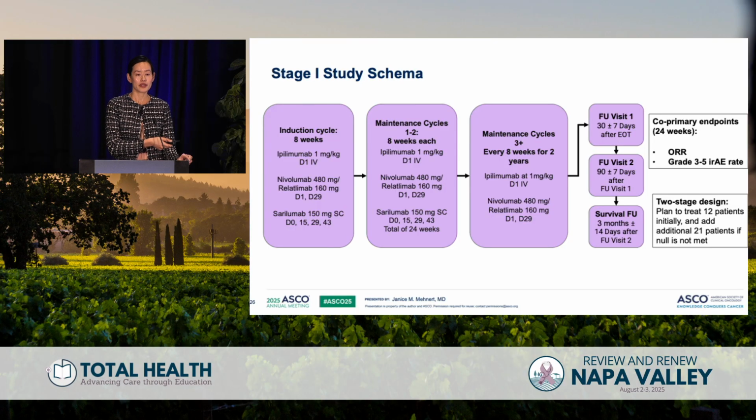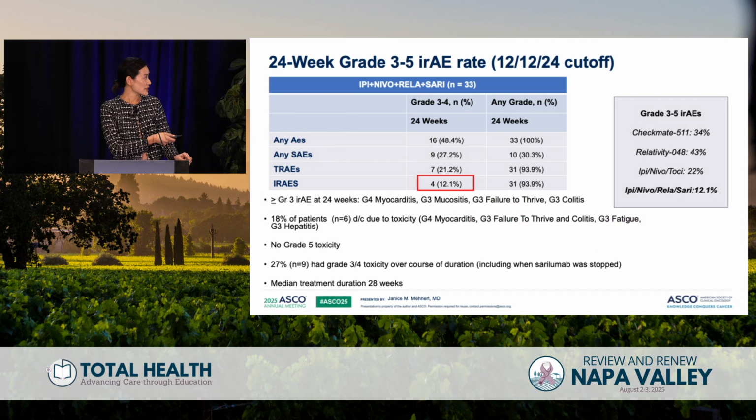This is triple immune checkpoint inhibition with IPI, Nivo, plus relatlimab, so anti-CTLA-4, anti-PD-1, anti-LAG-3, expecting a whole host of toxicities. And sarilumab, which is a newer IL-6 agent, was given every 2 weeks subcutaneously for the first 16 weeks. To cut to the chase, did this achieve the primary endpoint of reducing IRAEs? The answer is yes.